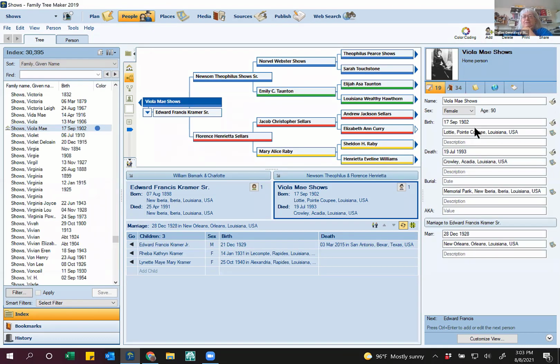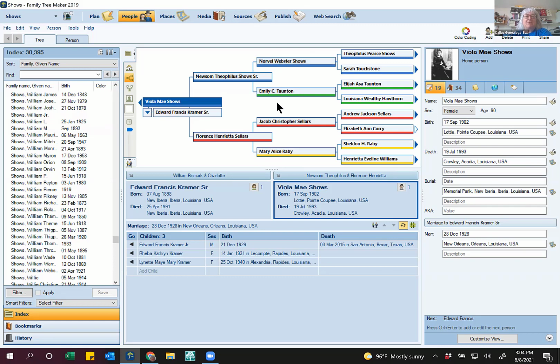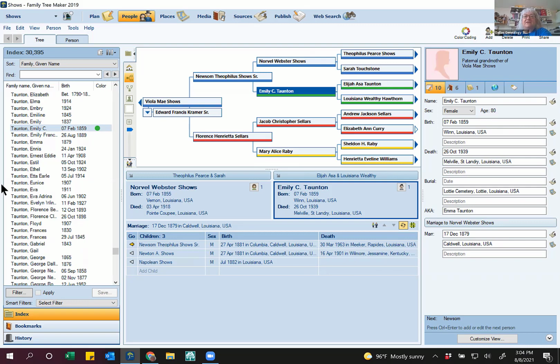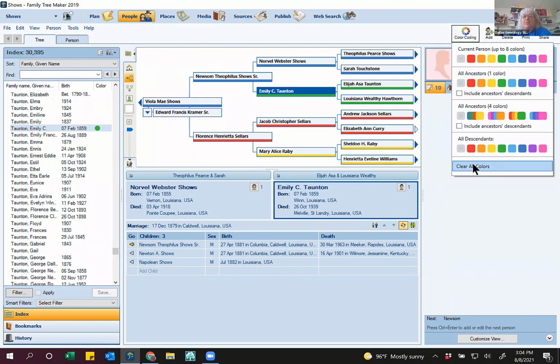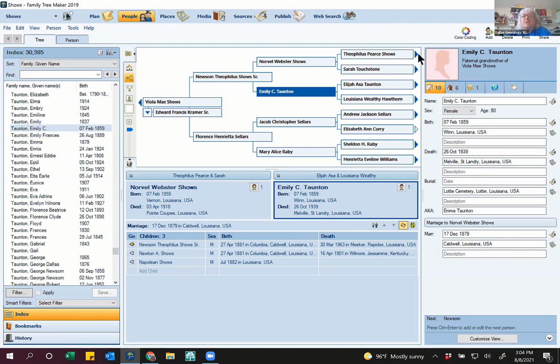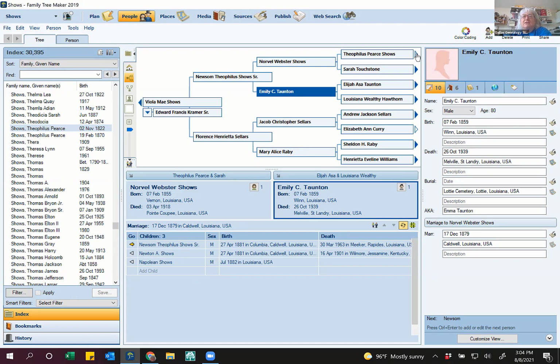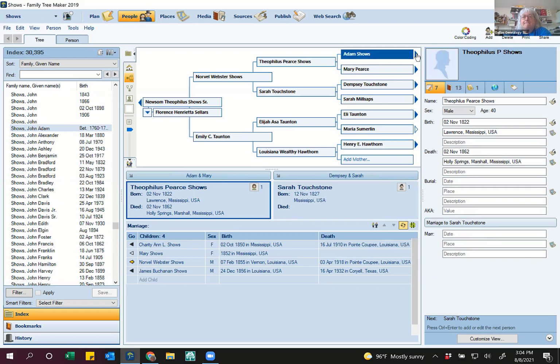If you click on this one, it automatically will color code all your people by grandparents all the way back. And then it places a little dot by each of those people. That is the color that they have been assigned. The other way to do it, which is probably better, I'm going to clear all these colors, is to go to your ancestor in each line